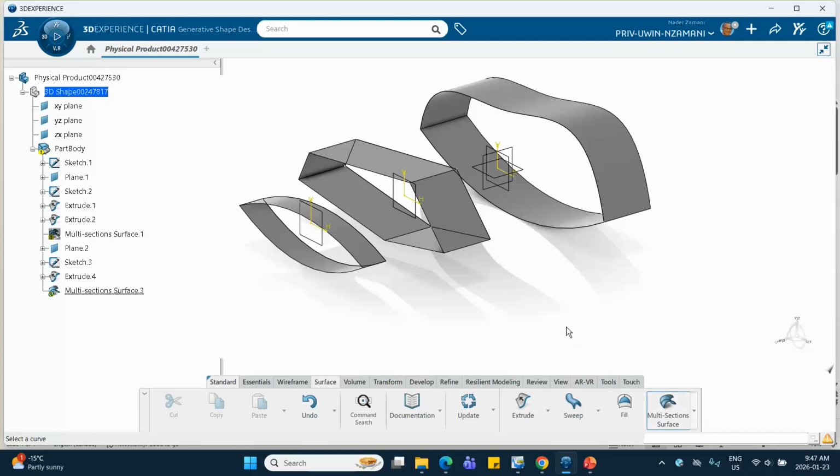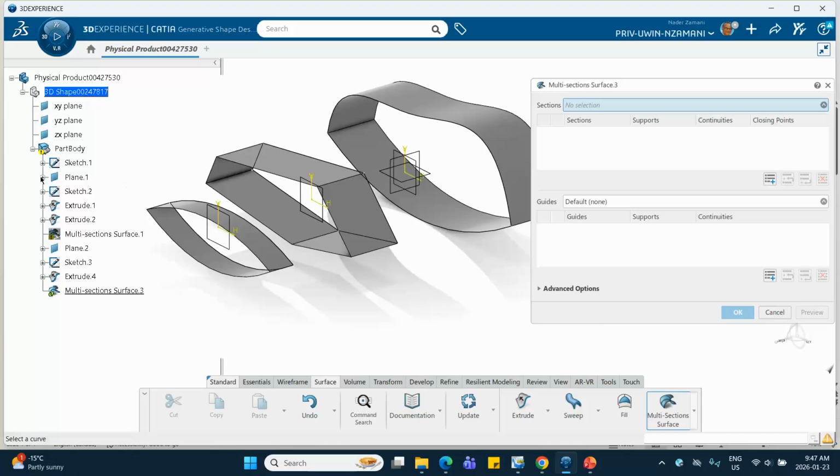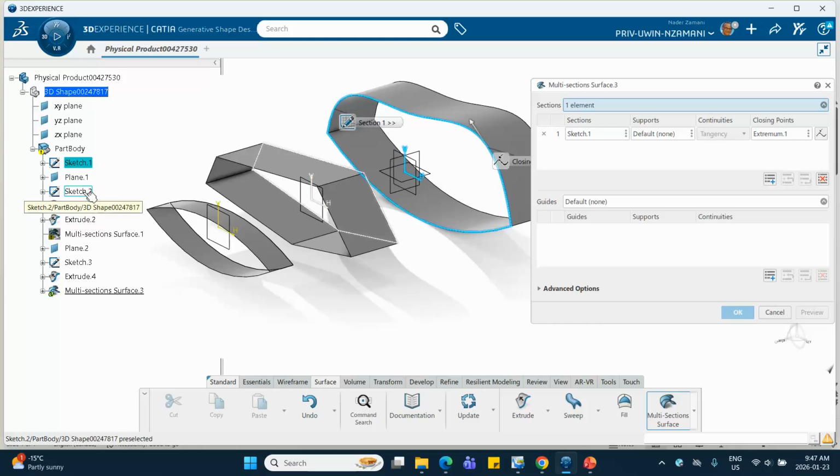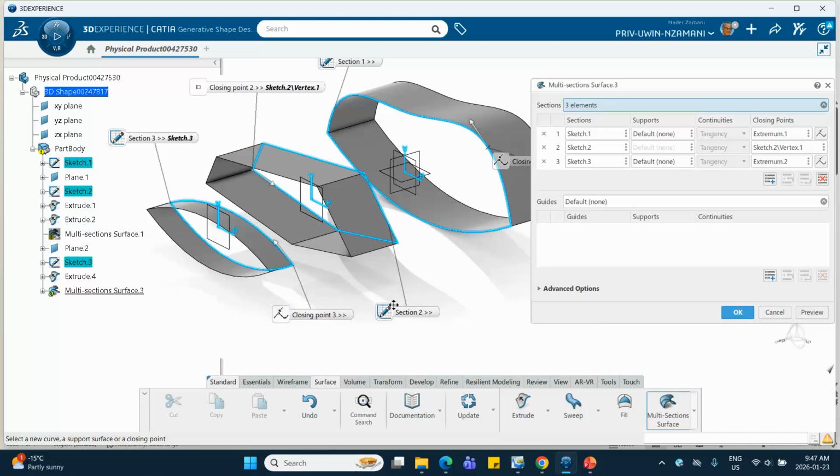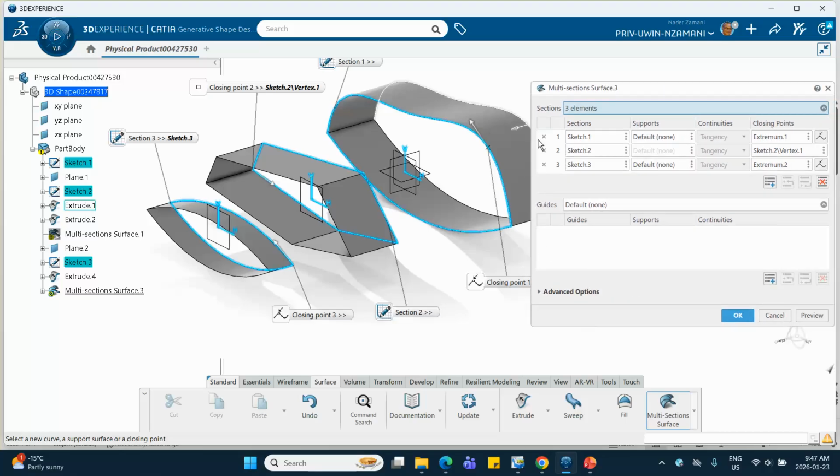a multi-section surface. My first section is sketch 1. Second sketch is sketch 2. Third sketch is sketch 3. Good. Notice that the closing points must be consistent and they must be pointing in the proper direction, right? I mean, identical direction. So let's get these things out of the way, make sure that they're okay, otherwise you fix it. All right. So if you look at this, this is the closing point for that first one in